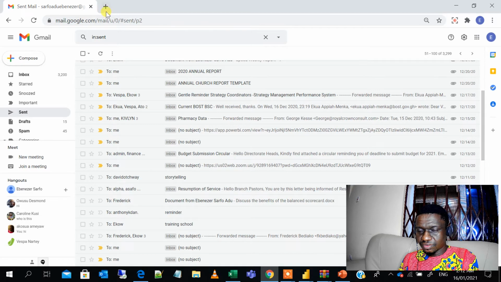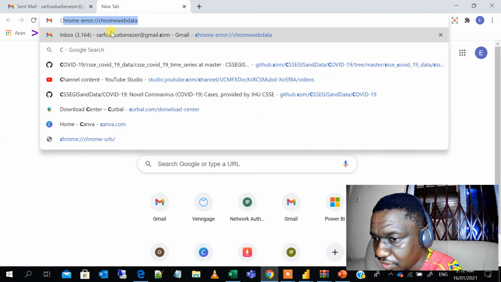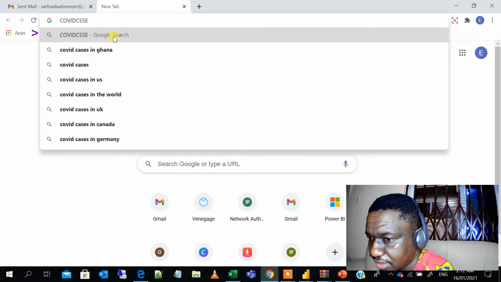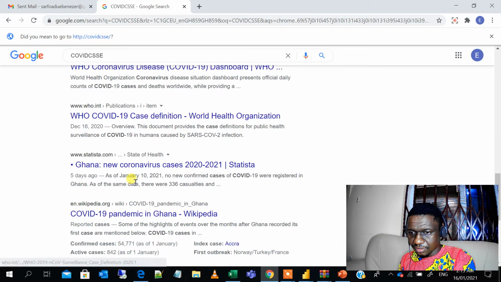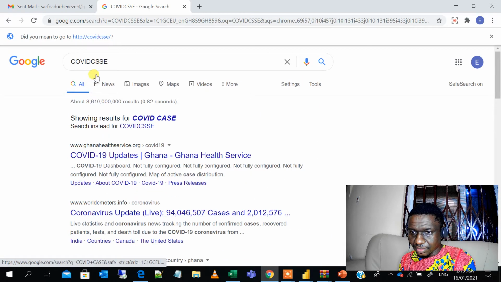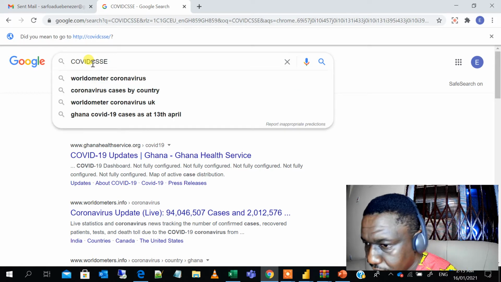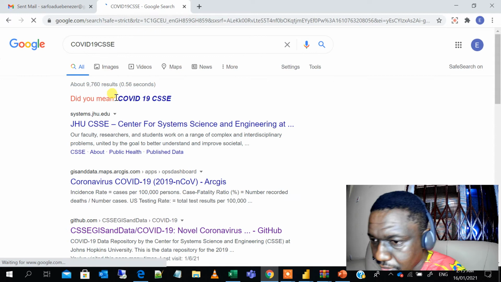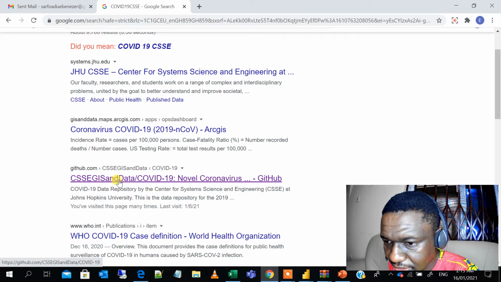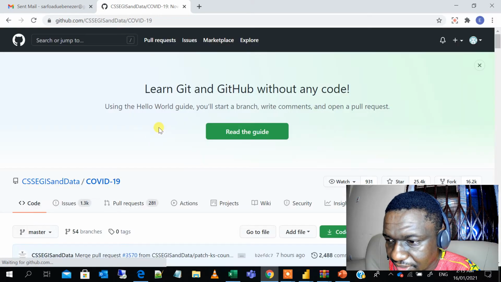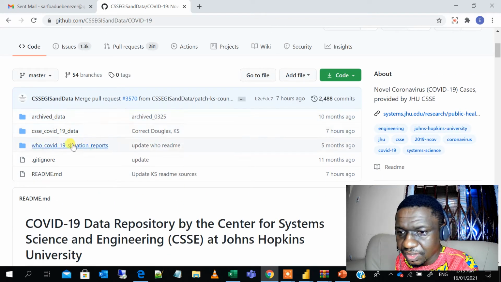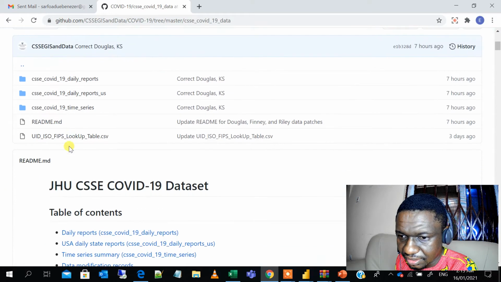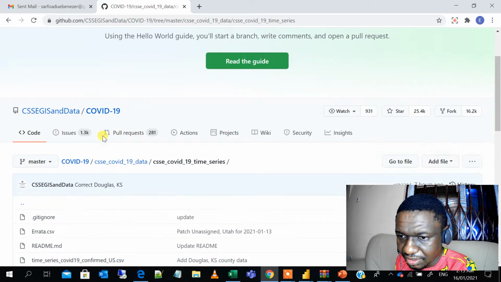our old data set, which is the COVID CSSE. You search, you go to the GitHub. Oh, it's been a while. So the COVID-19 CSSE GitHub file. We are going to bring in the deaths this time. We did the confirmed cases, so let's look for the CSSE COVID-19 data. Go to time series and then look for